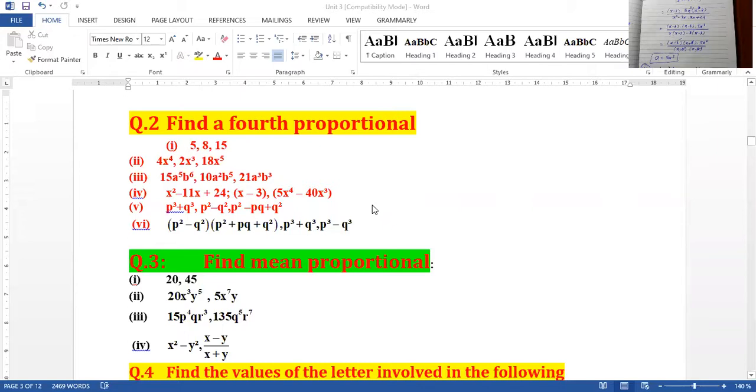It is the first term, and then we have two other terms. One is p cube plus q cube, and the third one is p cube minus q cube. You can see part number 5 is almost a similar sort of question as part number 6, but in part number 6 there are more calculations, so I have taken part number 6 so that you people can understand it better. So let me solve it for you.